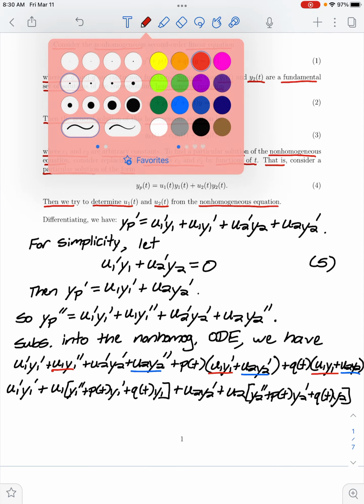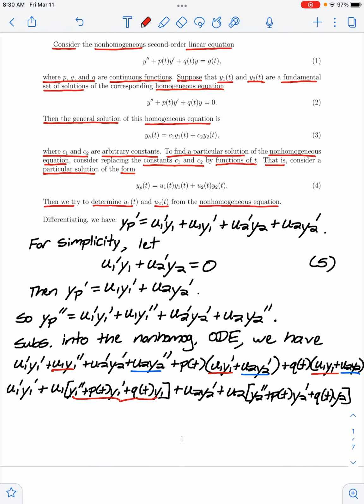And so these two expressions in brackets are exactly our differential equation with y1 and y2 substituted in. But we were told that y1 and y2 were a fundamental set of solutions for the homogeneous equation. That is, they make our differential equation equal to 0. So each of these terms in brackets is equal to 0, and therefore we are left with